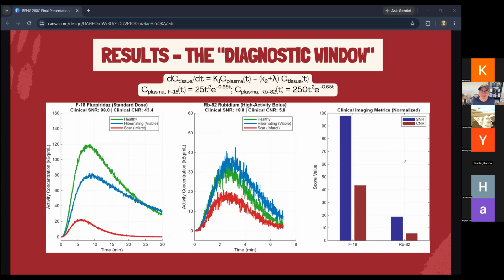The bar chart on the right quantifies all this and shows how F18's combination of a longer half-life and highly targeted mitochondrial binding can outperform rubidium, providing the high contrast data that clinicians can use to confidently identify